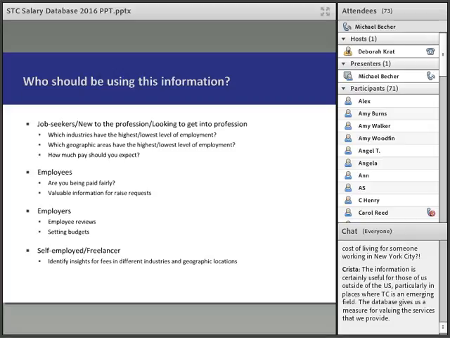So additionally, employers on the other side of that can use it for employee reviews. So for instance, if you are an employer, with employers there are different compensation strategies that they may want. They may want to be kind of middle of the road, stay with the status quo, right in the middle with how they pay employees. And that's the way a lot of companies work.